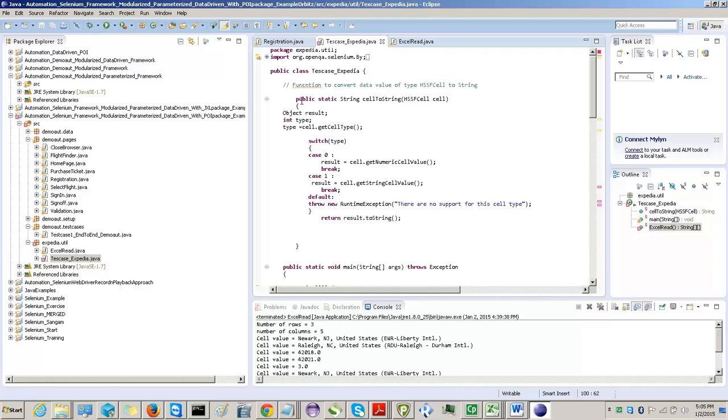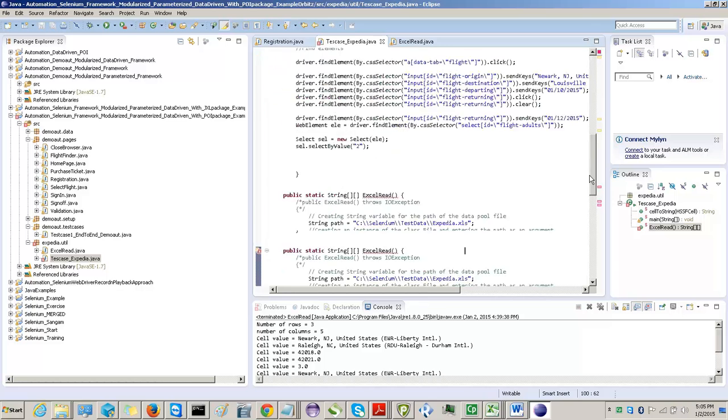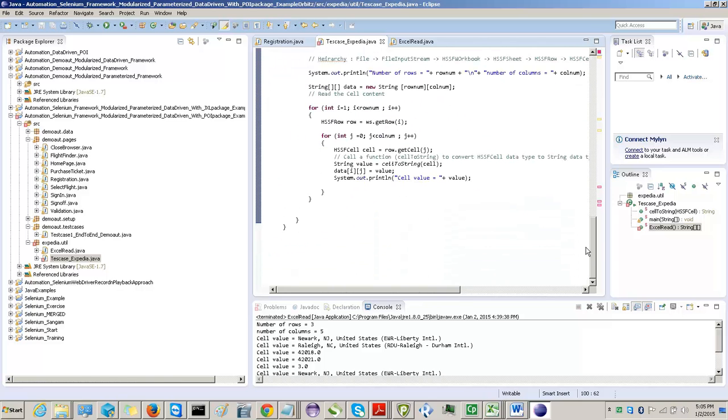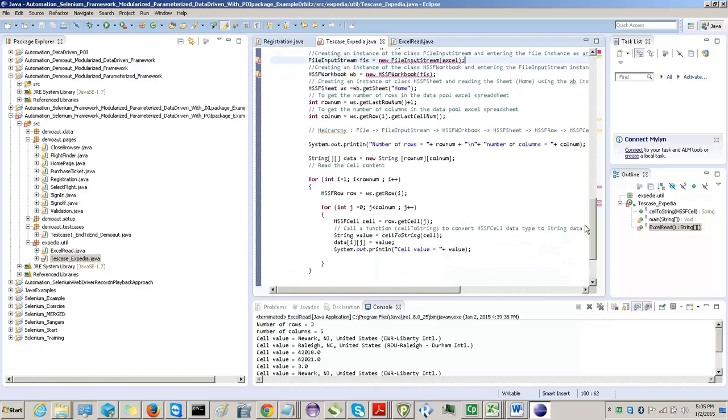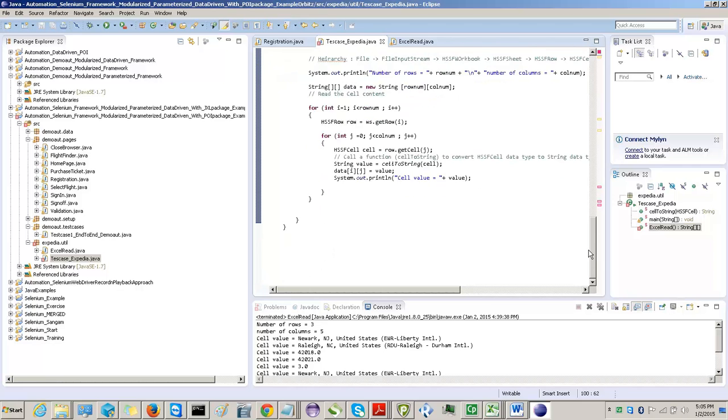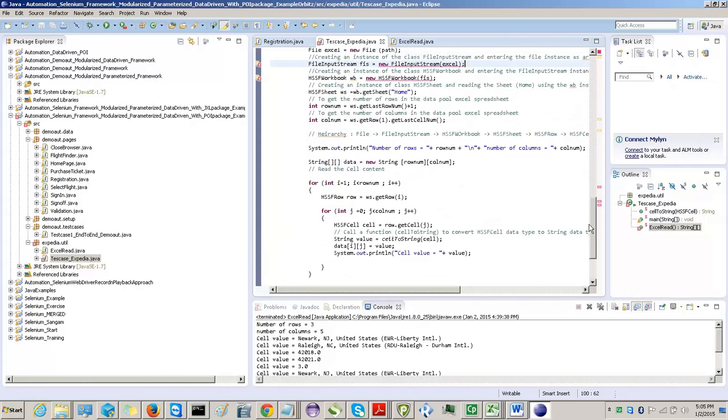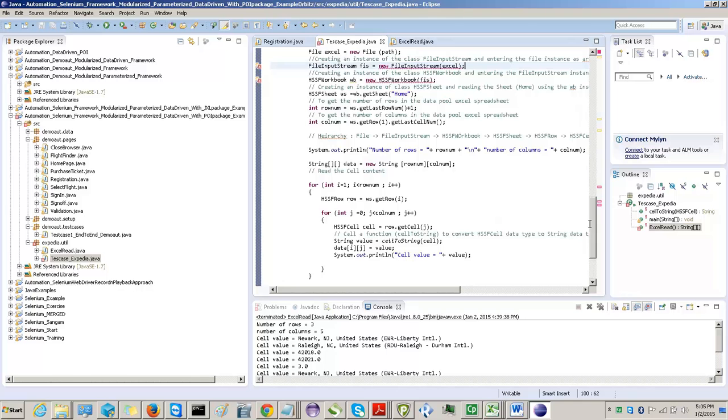String. Data, data is of type, okay, so I am calling this cell to string here, so basically I can return